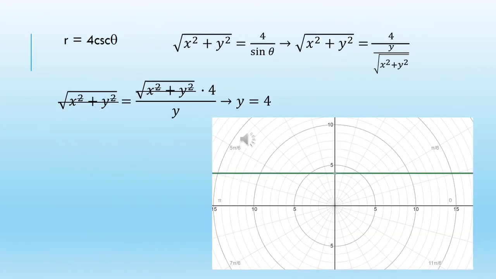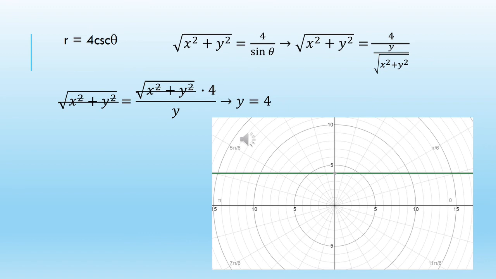I know we work with sine, cosine, and tangent a lot more than secant, cosecant, and cotangent, but they still have their place. For example, in polar coordinates, if you take the equation r equals 4 times cosecant of theta and rewrite it in terms of rectangular, the r becomes the square root of x squared plus y squared, and 4 times cosecant is the same as 4 divided by sine of theta. So if I then rewrite sine of theta as y over r, remembering that r is the square root of x squared plus y squared, and then we clean that up a little bit,